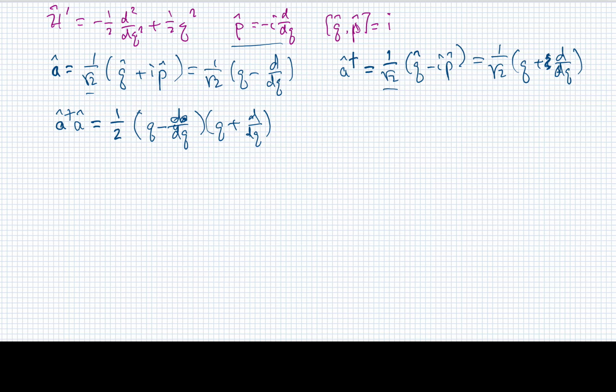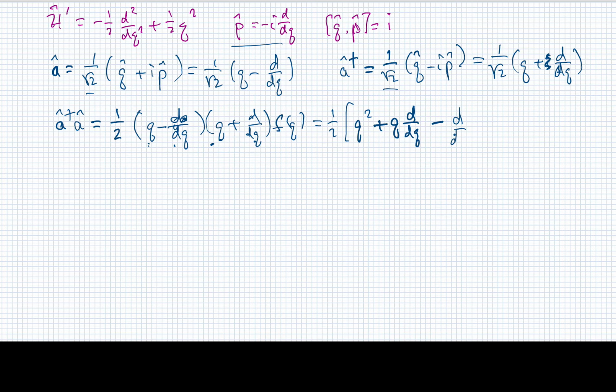And we have to imagine that this is being applied to a function of q. So I'll have 1/2, q times q gives me q squared. Then q times the differential operating on f, would give me q times df/dq, minus